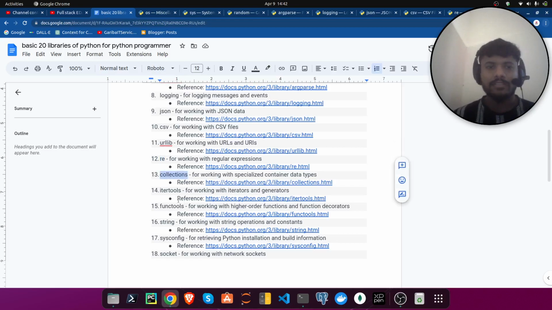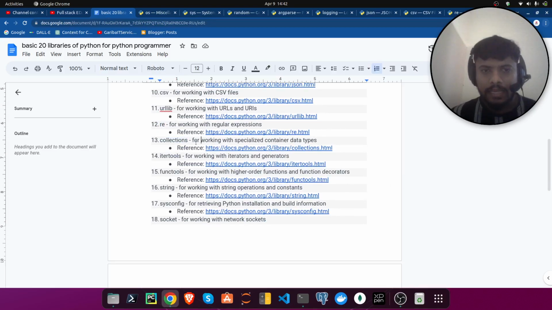Then collections, for counting and for working with specialized container data types. It is very important while working with big datasets in data science. Itertools, like we have the for loop and range function, in the same way we can use itertools for iterators and generators. It is very often useful in Python programming.